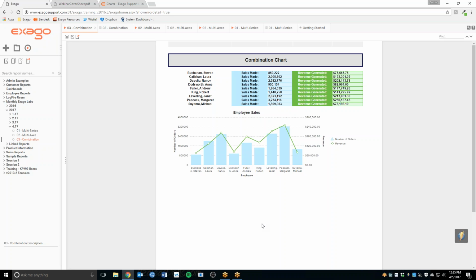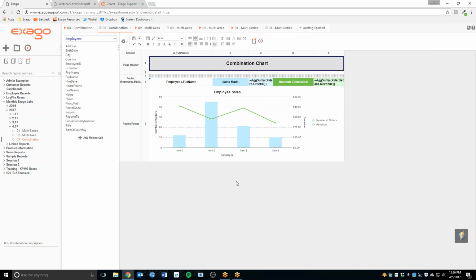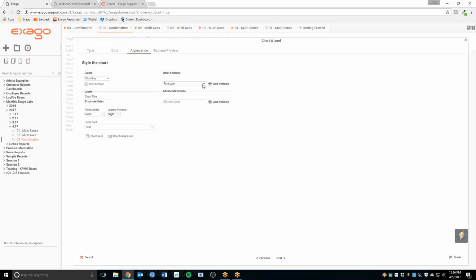Advanced attributes are something that can be used to further modify your chart's appearance. So this is generally a cosmetic change, but they can be fairly significant, and I'll show you exactly how in just a moment. Initially, I want to touch on the fact that some of them are built into Exago. So in the Appearance tab of your chart wizard, you can see other features here. And then this has a drop-down, so we can affect any of these simply by clicking on them. I'm going to do font color. I can click Add Attribute, and then you'll see the appropriate